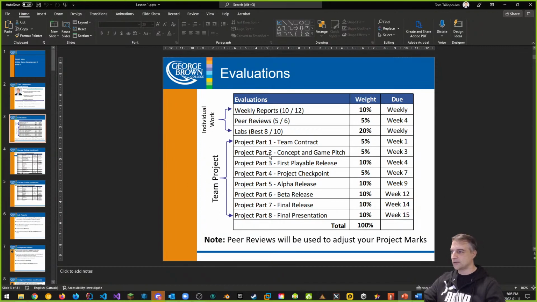One section is our team project, which you guys will be working on. You can see that there are several little parts, right? And you'll be starting this week. Your team contract is due by the end of the week. That's Sunday at midnight. Team sizes are 4 to 6 members. I recommend 6 members, going towards 6 members.